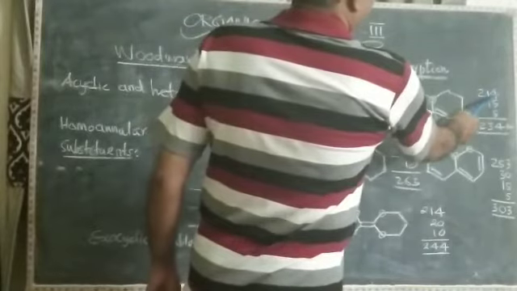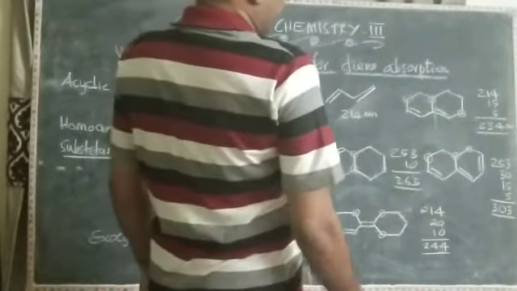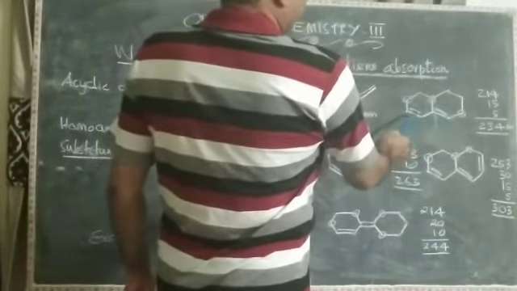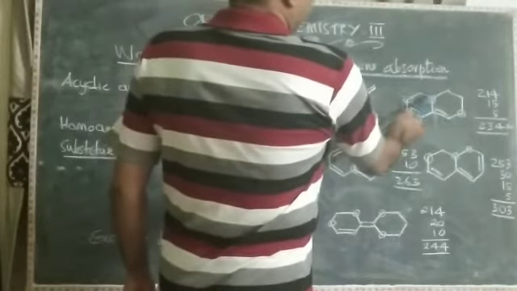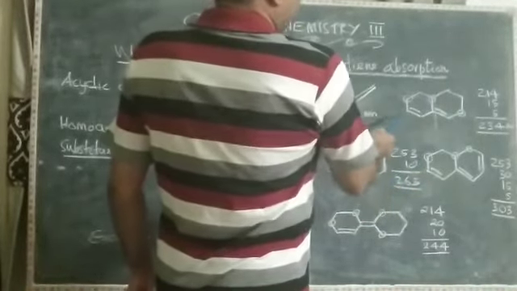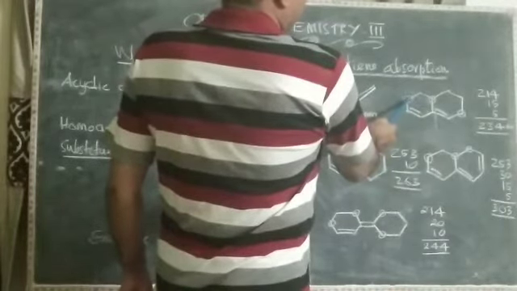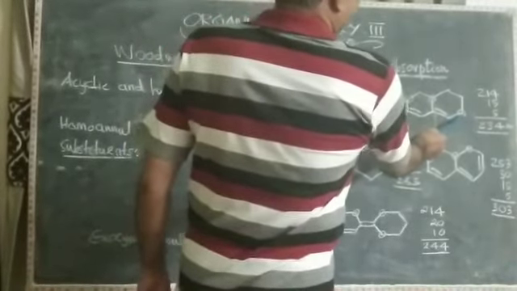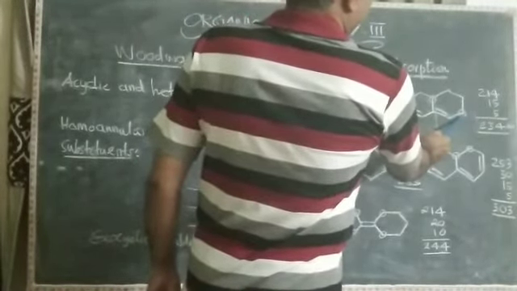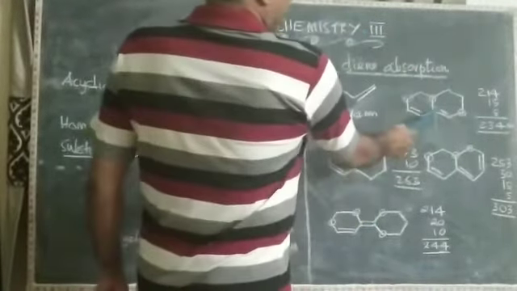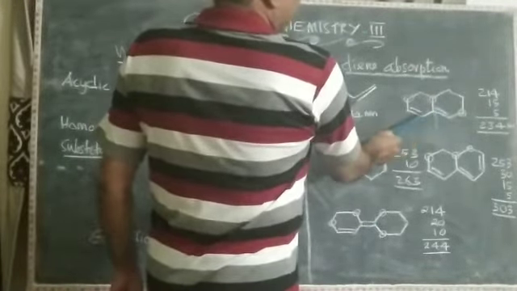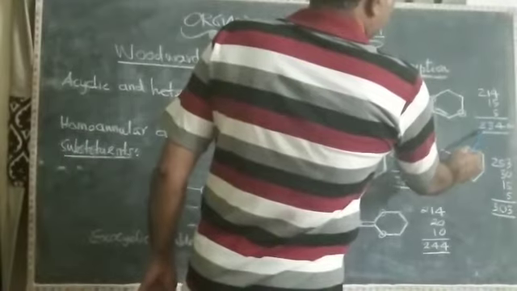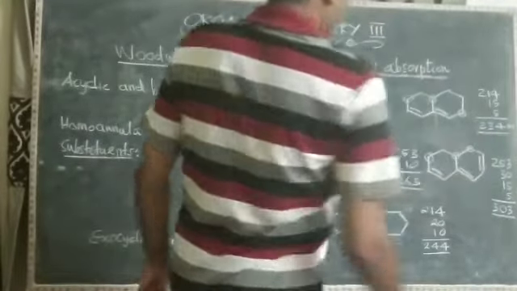And for this system, we give the base value at 240 nanometer, and the substituents present at the ends of the double bond are calculated. They are shown by the circles. At the end of this double bond, there is a methylene group, and here there is a methine group, and here there is again a methylene group. So, 3 into 5 gives 15 nanometer, and there is a double bond. This double bond is exocyclic to this ring. So, we have to add 5 nanometer. So, in total there is 260 nanometer absorption.